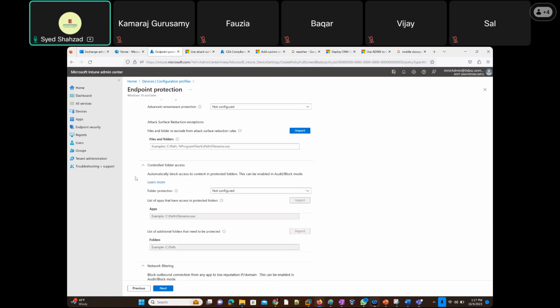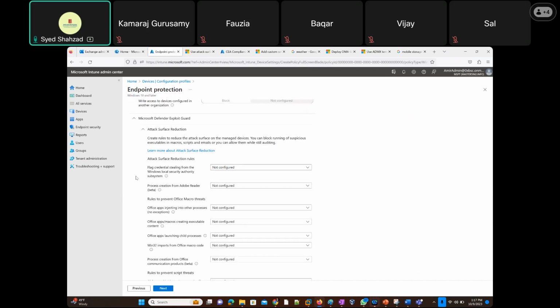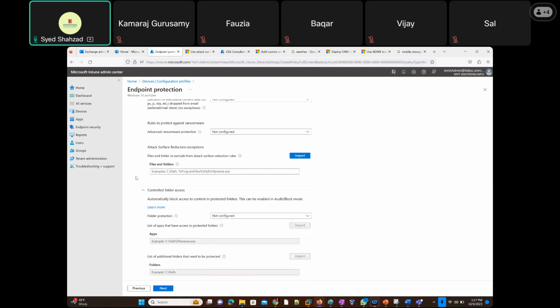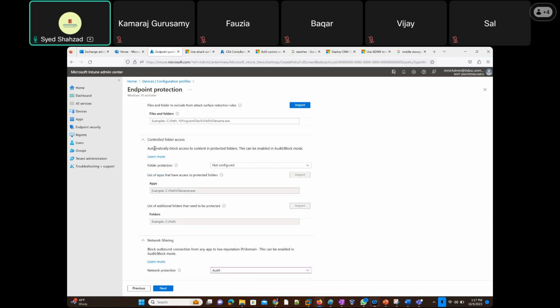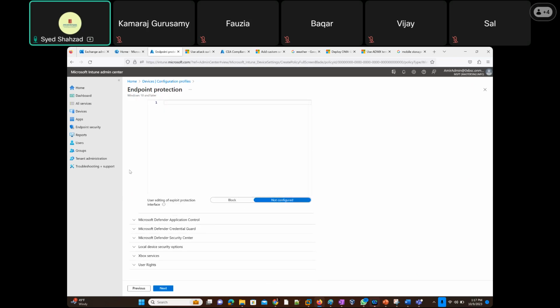But you must have a Microsoft Defender license as well. Microsoft Defender should be enabled on your devices. Controlled folders. Okay, we talked about all that, that there's a lot of security and specific scenarios as well. Microsoft Defender